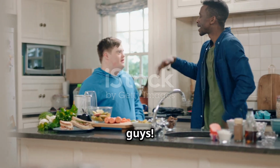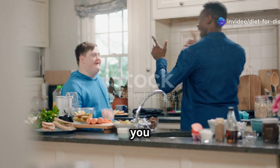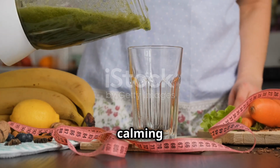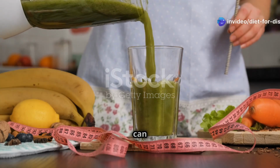So there you have it, guys. We've journeyed through 5 super simple and effective weight loss drinks that you can easily incorporate into your daily routine. These drinks are not just about shedding those extra pounds, but also about embracing a healthier lifestyle. From refreshing smoothies to calming teas and invigorating juices, each drink offers unique benefits that can help you on your